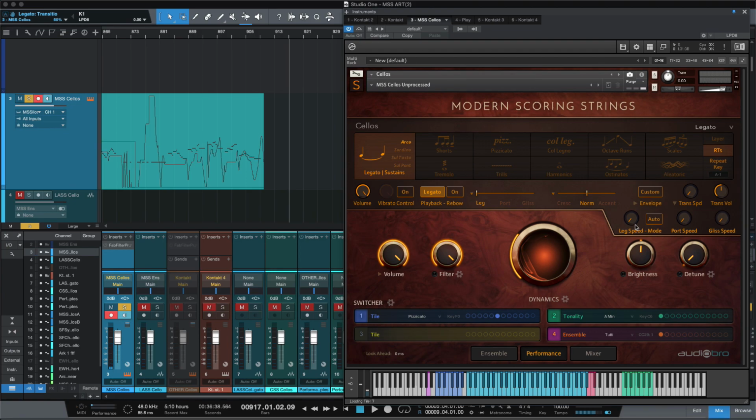To my ear, that sounds like the transition volume is too loud. Maybe others like that sound, and that's what they're listening for. Maybe they're looking for the sound of a simulated increase in bow pressure prior to the transition. As the player is playing a note and moving into the next note, they may apply more pressure or something,